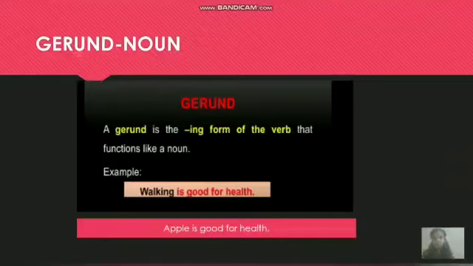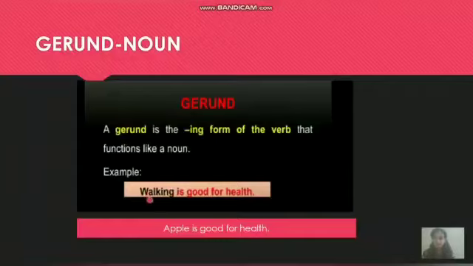First, let us discuss what a gerund is. The main function of the gerund is that it functions as a noun. A gerund is the ing form of the verb that functions like a noun. Generally, you will have an ing added to a verb, and it becomes the gerund. Look at the example. Walking is good for health. Now, this word walking